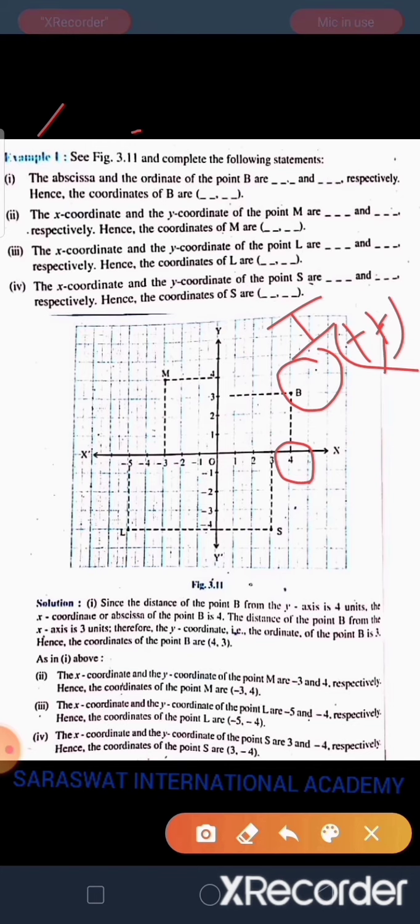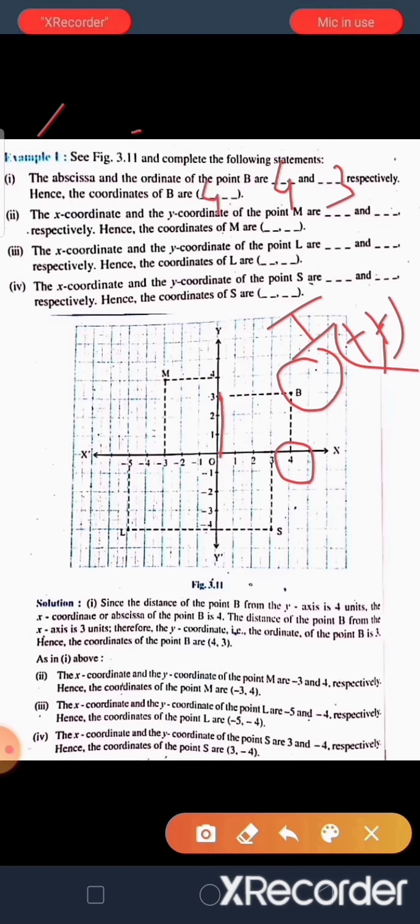So the abscissa of point B is 4, and the ordinate. Ordinate means we travel from 0 along the y axis, and for point B the y axis value is 3. So the ordinate is 3, hence the coordinates of B are 4 and 3. In the solution